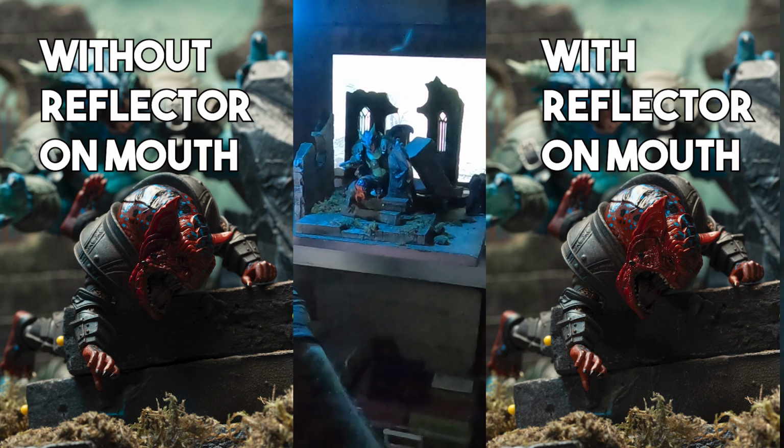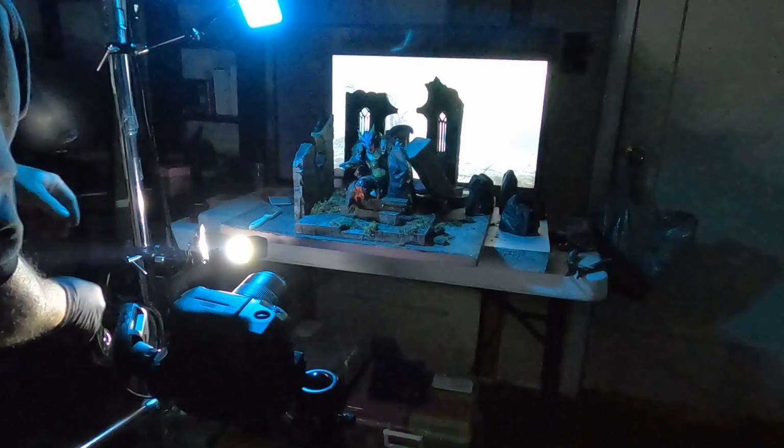Okay, let me take a look through the camera. Holy moly. So I like this, but I would like more light in Hellfire Goblin's mouth because he's got a tongue in there and a lot of detail, but it looks really cool. But I'd like some more light in his mouth. And so in order to do that, I'm going to,